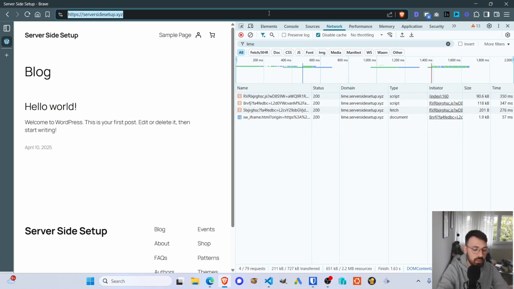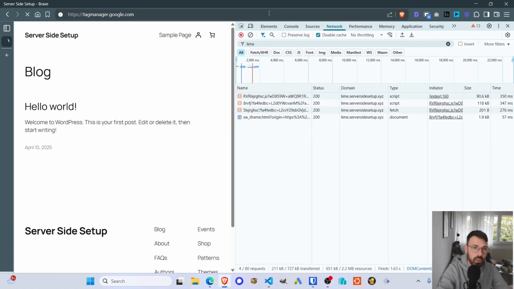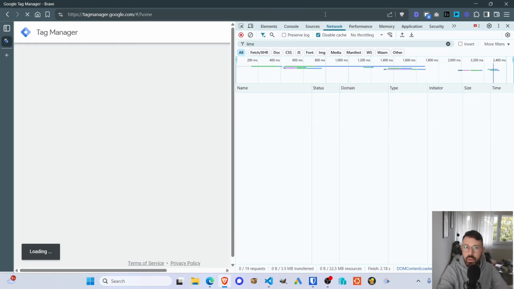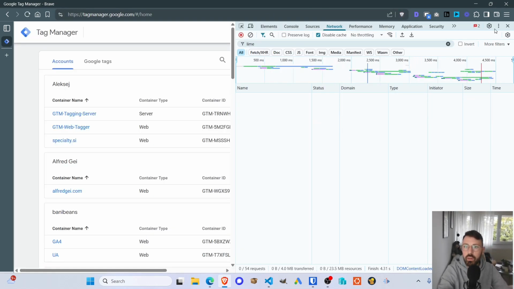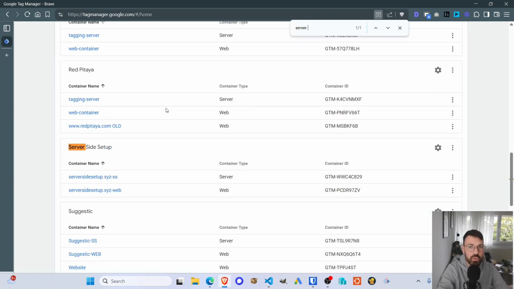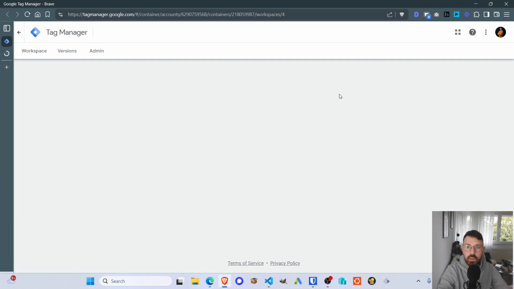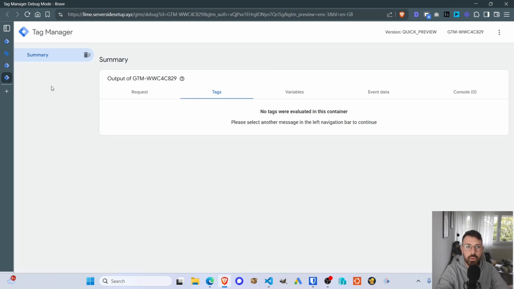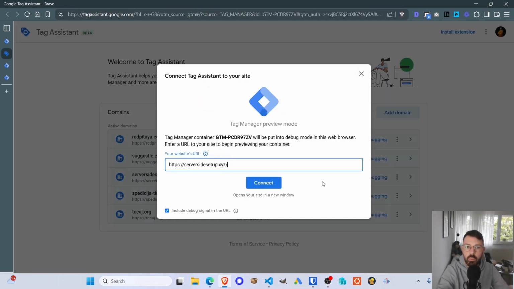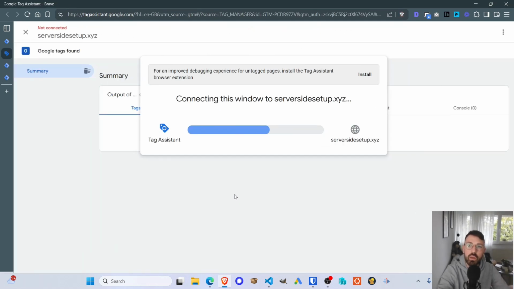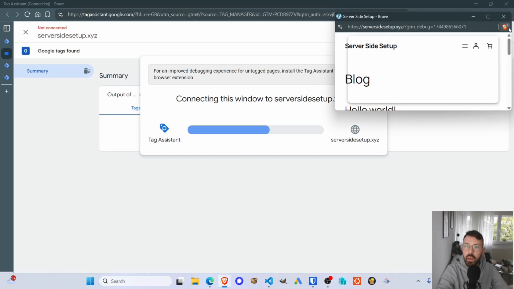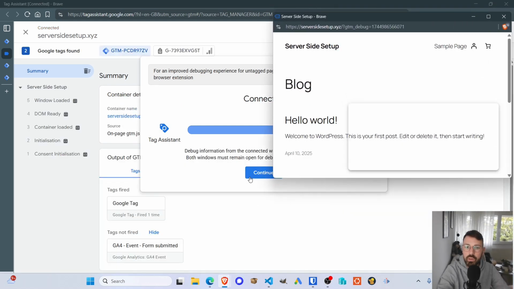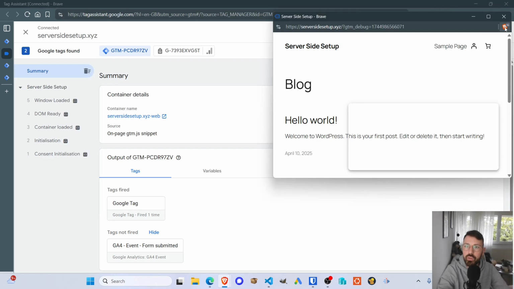And again, I can test this out by going to my tag manager. I'll just do it in Brave now. So server-side setup, web, and server-side. And I'll click preview here on both. Punch in the website URL and see what happens. So in this case, the Brave shield is up,